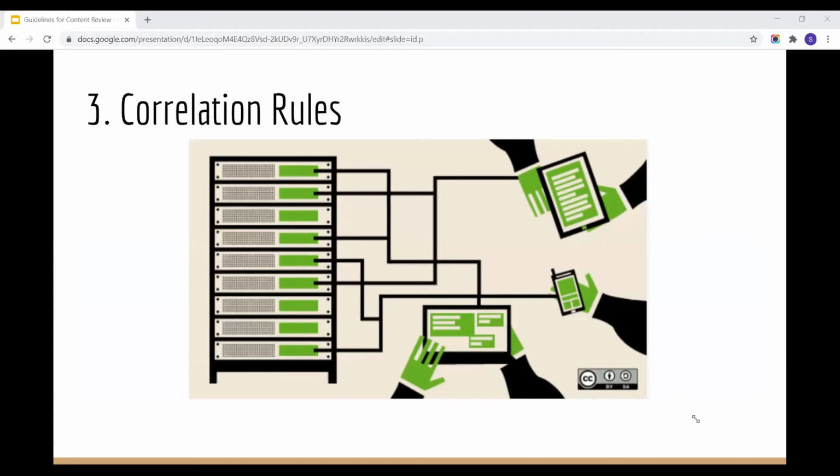Moving on to the next section, the correlation rules. I'm sure you are already aware that if you look at event X and event Y in isolation, they may not make the picture fuller. So you have to correlate these two events and then derive the conclusion. Let me give you a few examples. The first one: let's say there are 10 failed logins from one IP within a specific time frame, and the same IP makes a successful login to another system on your network. That may indicate a brute force attack followed by a successful login. This is possible only when you correlate these two events.